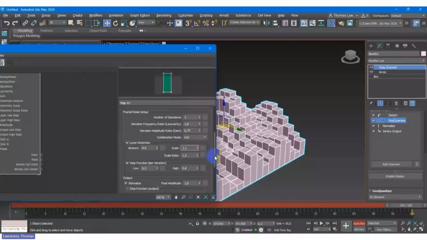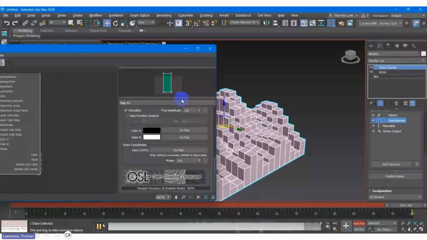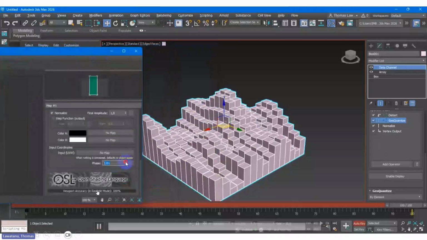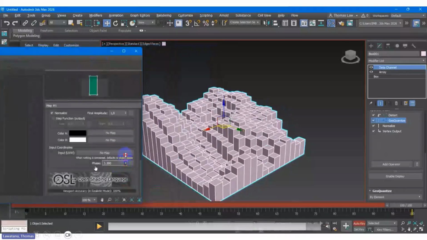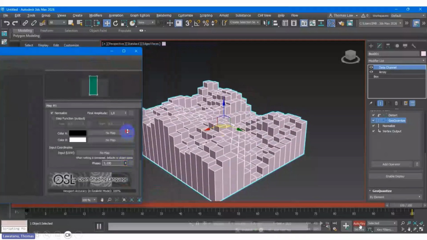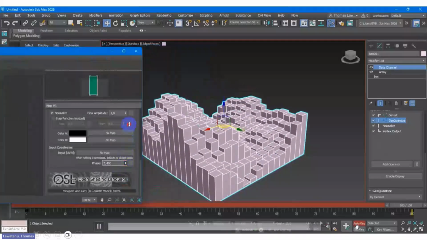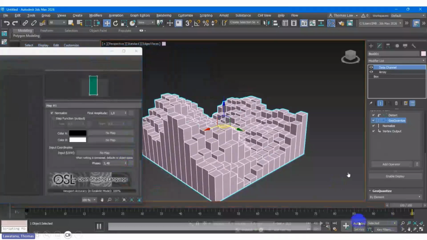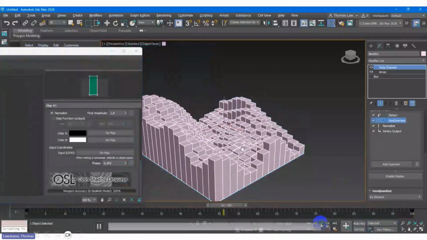Remember, when you see on my screen right now, this is the distort operand. So that's why distort is connected with our noise material. Okay, this is the noise material. Inside the noise material there is pace, so you can play around with the pace. Don't forget to activate the auto key, right? Okay, so right now I'm trying to play, so this is the result.